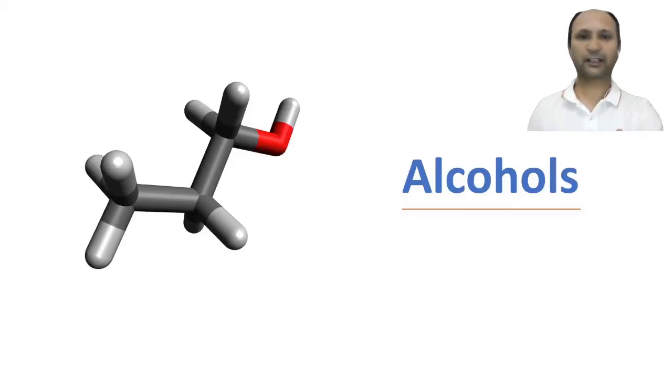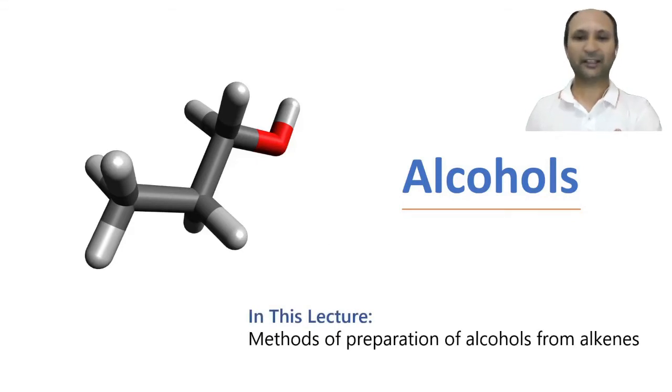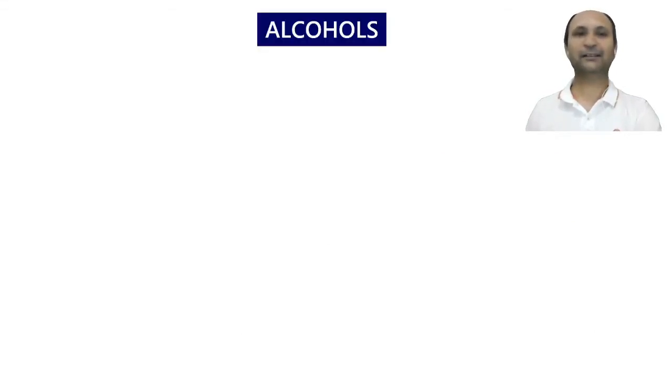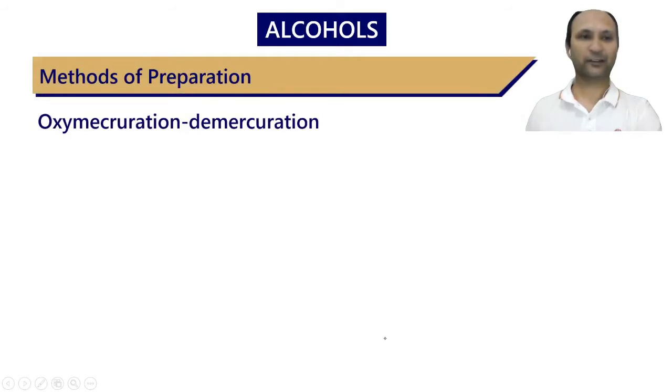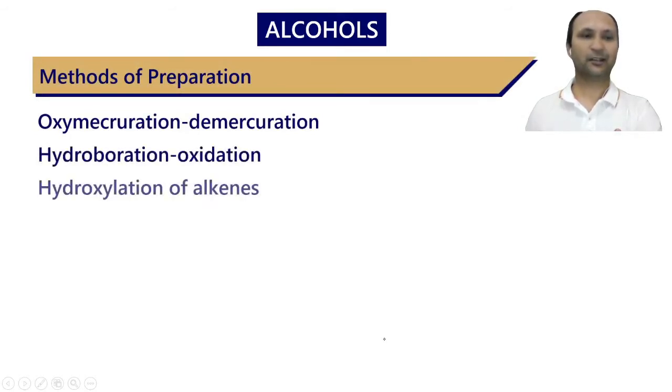Hello and welcome to the lecture series on alcohols, and in this video we are going to see the methods of preparation of alcohols from alkenes. But before that, let us list out some of the methods through which we can prepare alcohols. Okay, so the first is oxymercuration demercuration, the second is hydroboration oxidation, the third is hydroxylation of alkenes, the fourth